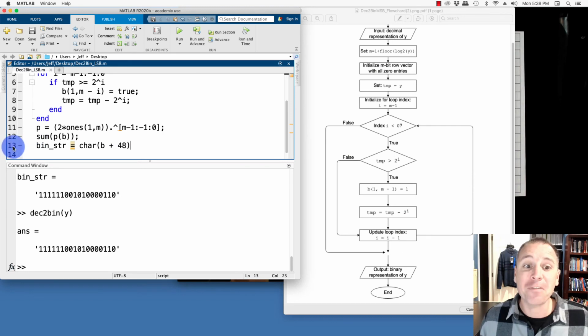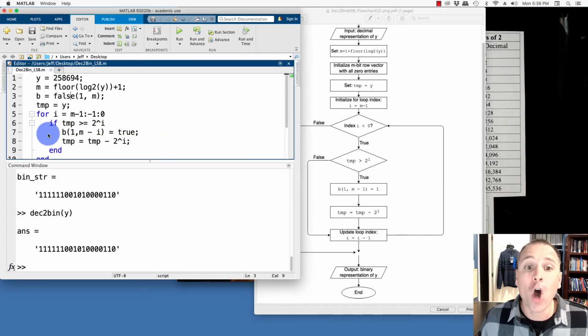This last line of code, line 13, is going to be the focus of our community challenge. There's some really special stuff that I haven't covered in any of my videos that is directly related to how we encode characters as strings of bits. Don't worry about that. I'm going to comment out these last few lines of code so that we can focus on the heart of our algorithm.